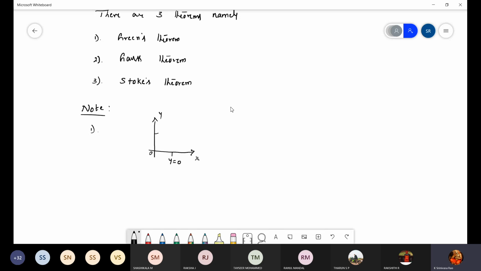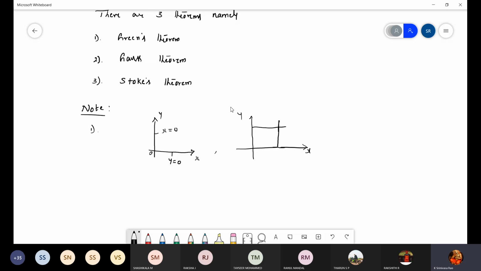Similarly, what is the equation of y-axis? X equal to 0. Okay. So now if I take the same coordinate system, x-axis and y-axis, try to understand, because the problem requires it very much. I will draw one line parallel to x-axis, and similarly one line parallel to y-axis. Okay, just a minute. Yes. What is this equation?